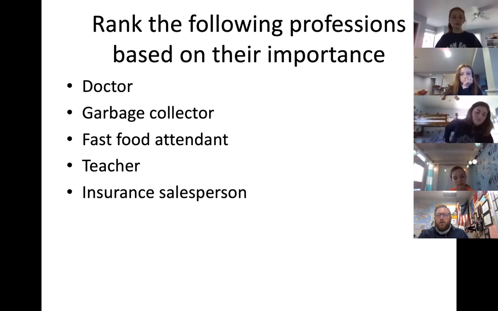But I don't agree with you because it's still equally important. Even if it takes more time, you still have to have someone to flip the burger and collect the garbage. Yeah, but do you need 8 years of medical school to flip a burger? Depends what kind of burger you want to be flipping. Okay. I mean,